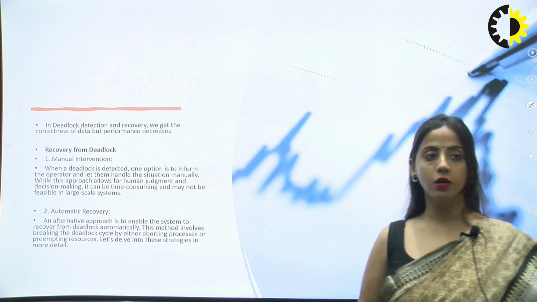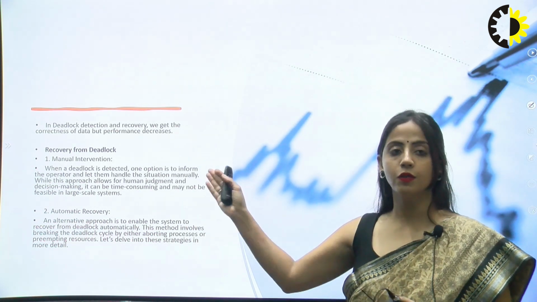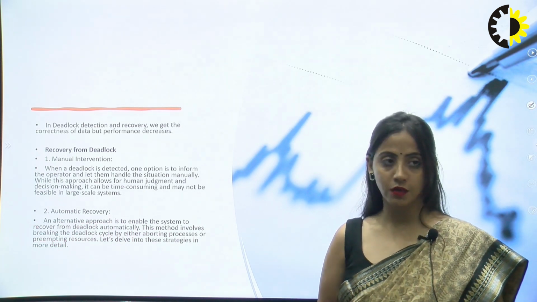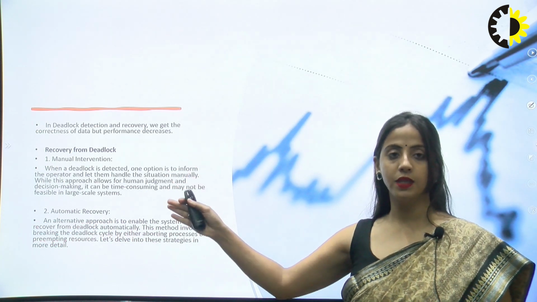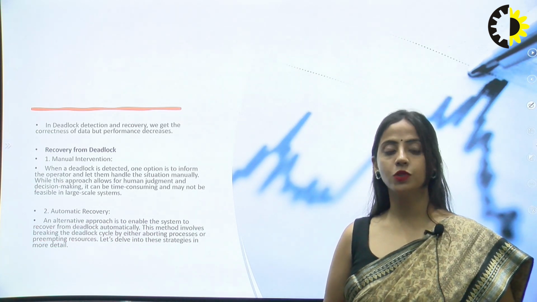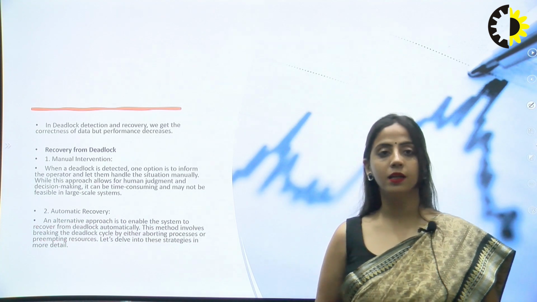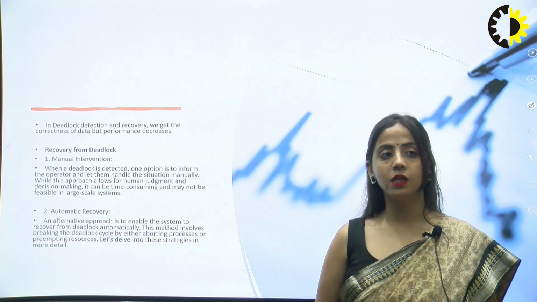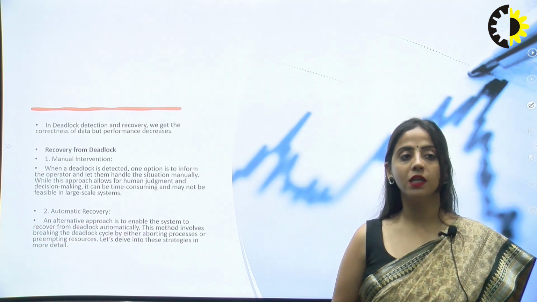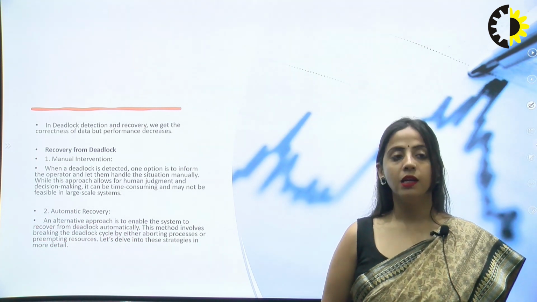Recovery from deadlock, manual. How can you recover from a deadlock which has already happened? To recover from a deadlock, there should be manual intervention. When a deadlock is detected, one option is to inform the operator and let them handle the situation manually. While this approach allows for human judgment and decision making, it can be time consuming and may not be feasible